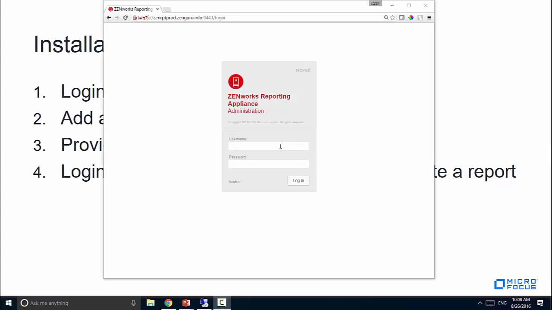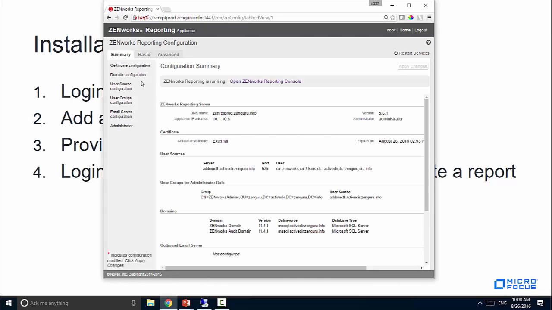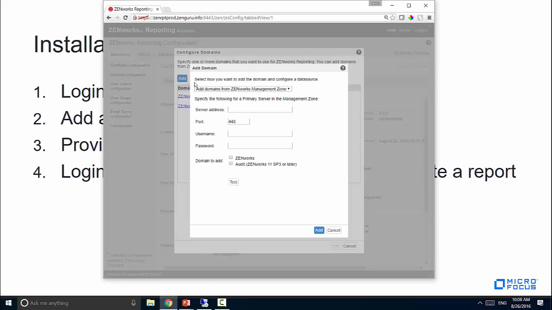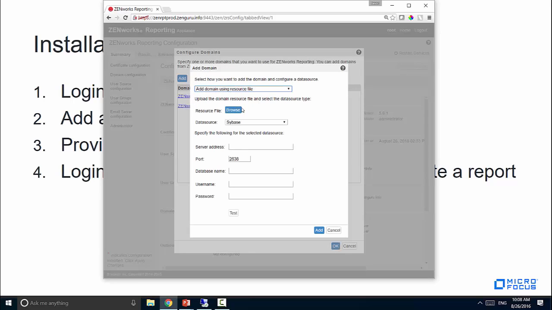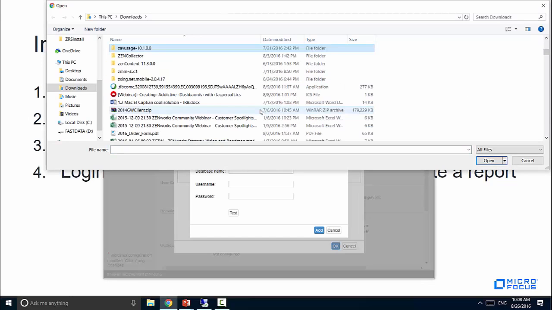Here I have the ZENworks reporting appliance. I'm going to go ahead and log in as root. And once I get logged in, I'll be taken to the normal summary page. And what we're going to do is come to domain configuration, and we'll add a new domain. When you add the domain, you're going to use a resource file, and you will have downloaded the ZAV usage domain,